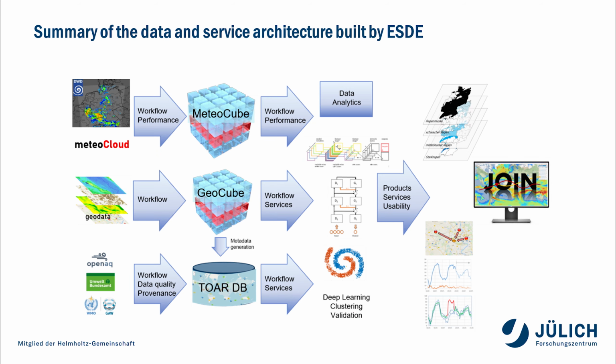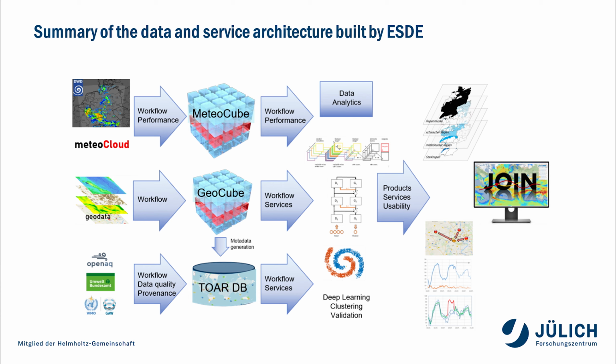And this then is part of the overall data and service architecture that we're building here. So basically, I'm trying now to highlight this with respect to the different projects, where the focus lies of these different projects. So again, we see here the first branch on top is basically for the meteorological model data, where